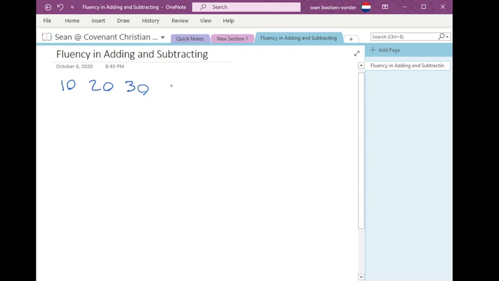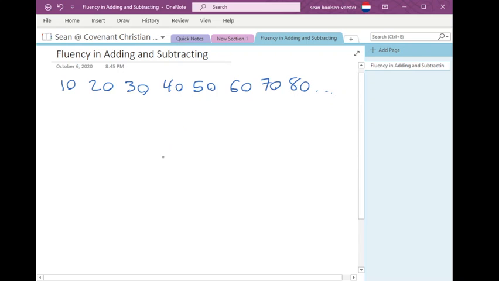10, 20, 30, 40, 50, 60, 70, 80, and so on, right? So these are all multiples of 10, and they all follow similar patterns. If you subtract 3 from 80, you're going to get 77. 3 from 70, you're going to get 67. 3 from 60, you're going to get 57, and so on, and like 47. If you were to add 3, you're going to get 43. It's kind of simple once you get to these